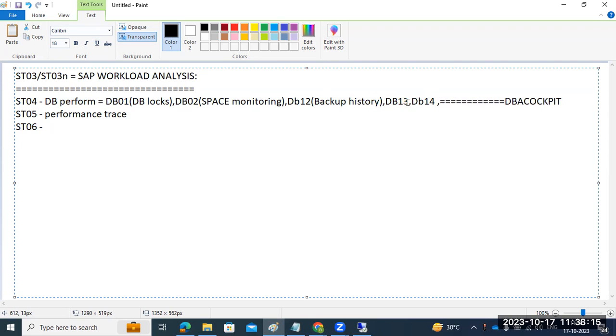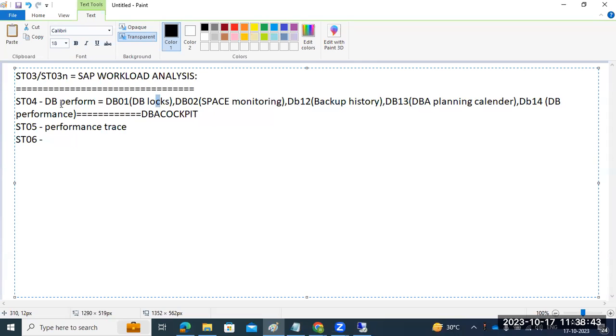DB13 for the DBA planning calendar, right? DB14 database performance. So all these things individually, if you want to monitor all these transaction codes, we have to use them,